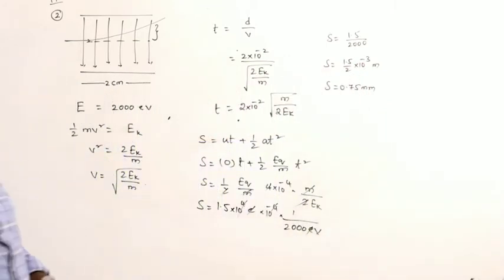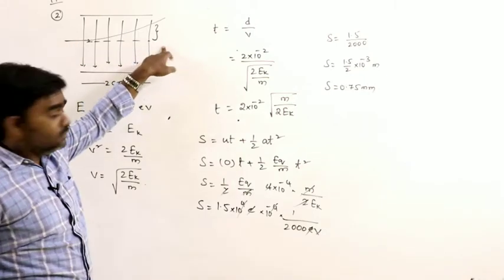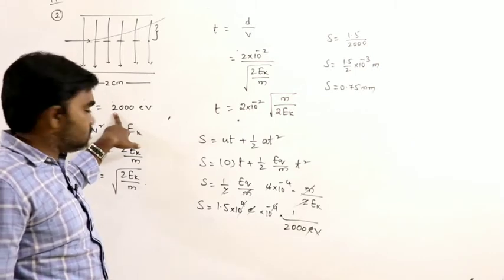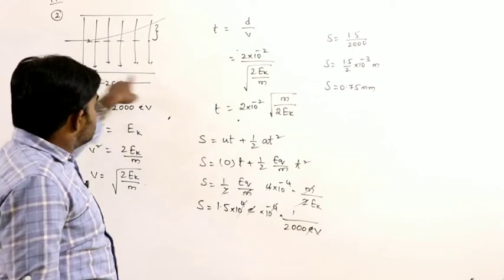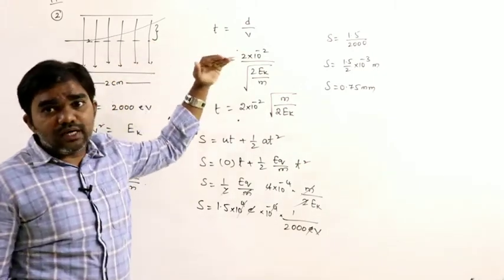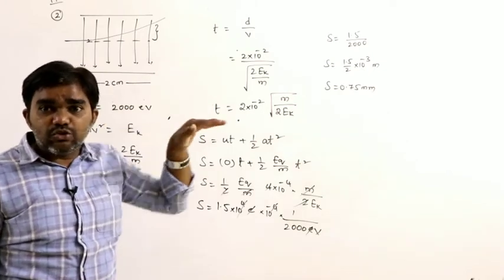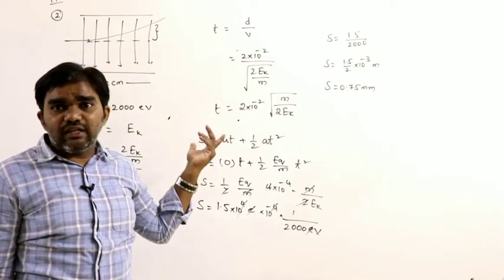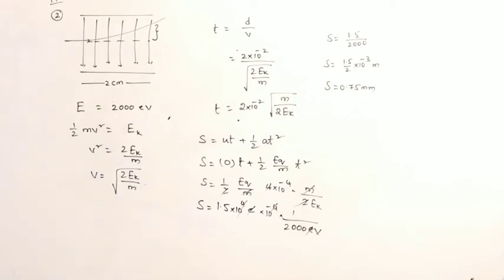So that is the situation. First, this is the direction of entrance of the electron. Now in this situation, given that Ek is 2000 electron volts, based on that, what is the time taken to travel this distance? Along the horizontal direction, the particle moves with constant speed because the electric field acts along the vertical direction. There is no electric field along the horizontal direction. And one more thing, we are not considering gravity here. So that is simple straight line motion.